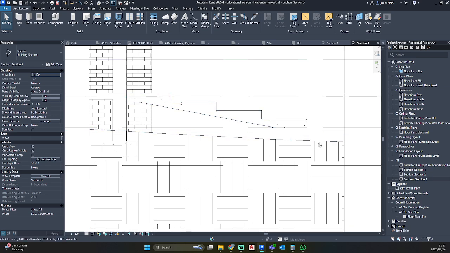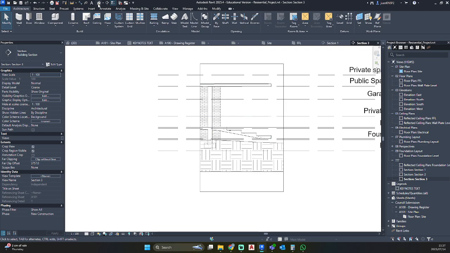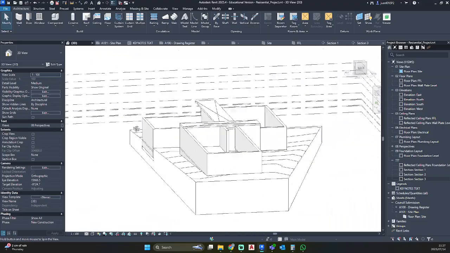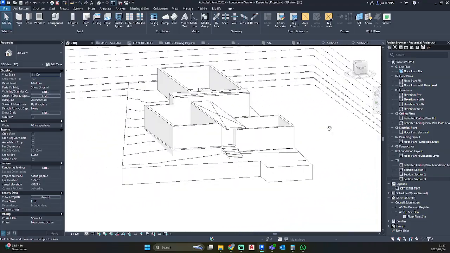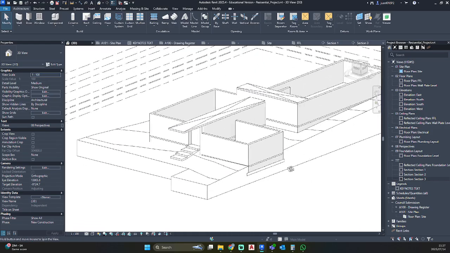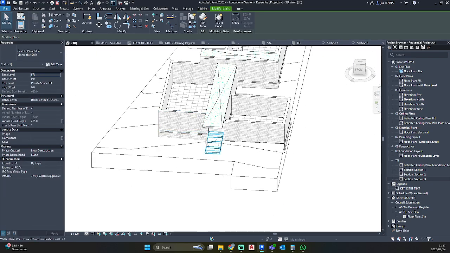Currently it is still floating in the air, but we will fix that when we get to some landscaping. So there we have our superstructure in place with our 2 concrete roofing structures with our 1 and 2 staircase.